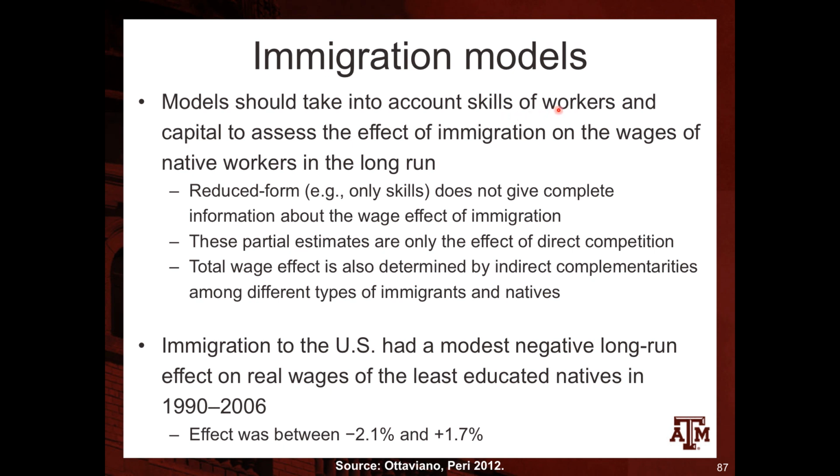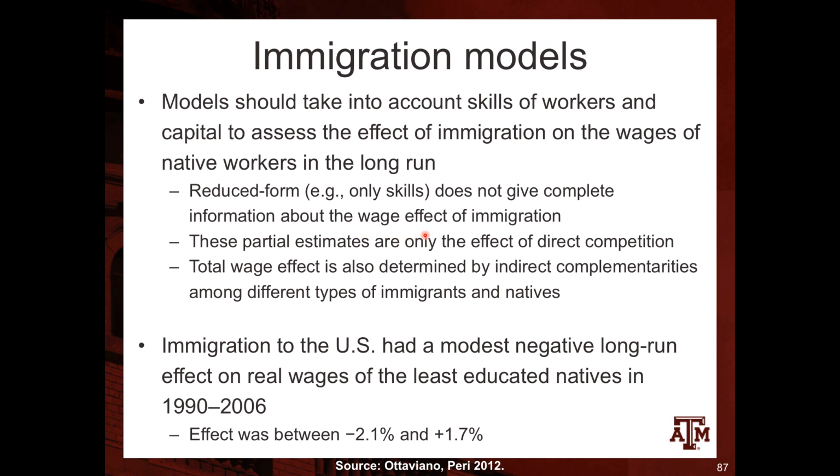So they will also buy food, they will also use transportation, they will also look for housing and so on. So companies and industries will actually want to invest more capital because they will sell those products and make more money thanks to this increase in the number of workers in the country. So the reduced form, the one that just uses skills in their models, does not give complete information about